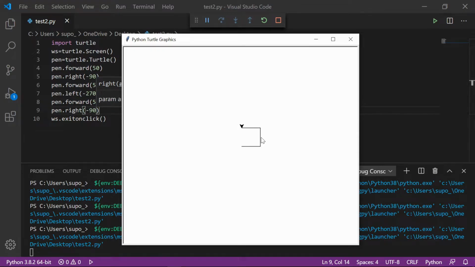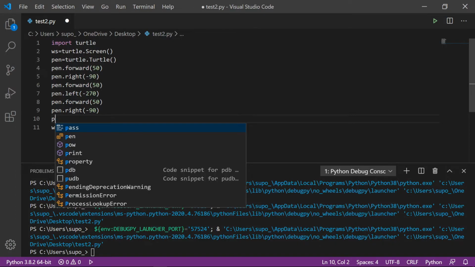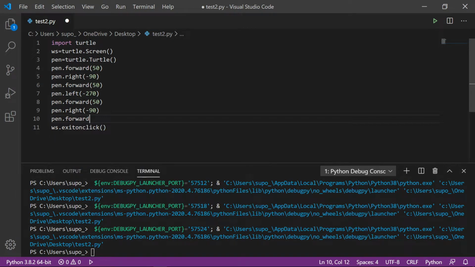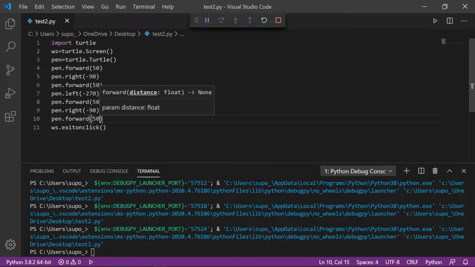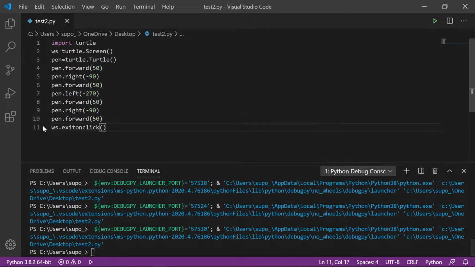Okay, so it is pointing vertically downward. If so, then let's move the pointer 50 pixels forward. So pen dot forward 50. Okay, so in this way we have made a square using the turtle, and you can use a for loop to